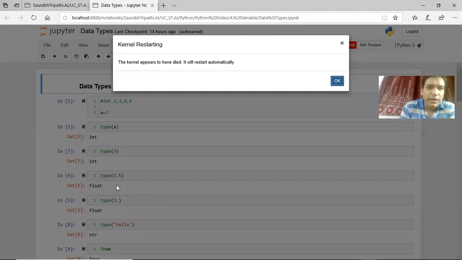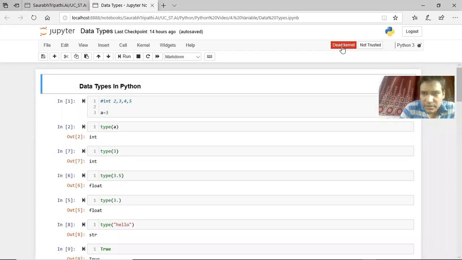When you run the Jupyter Notebook, you see this message again and again, that the kernel appears to have died, and it will restart automatically. Every time you restart it, it simply restarts itself, and after some time, say 1 or 2 minutes, it will die again. And as you can see, it is dying immediately right now. So it is dying again and again, and we are stuck with this issue. What to do is a big question right now.